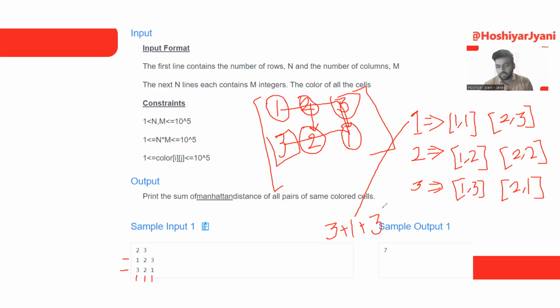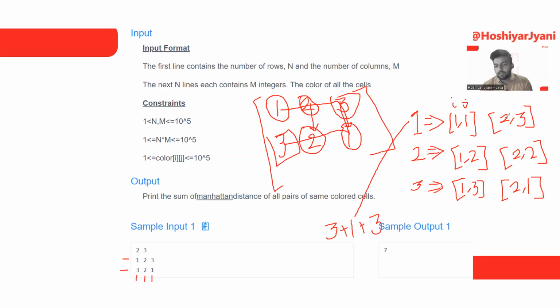So the question is how we can get these results, how we can find the distance between 2 elements. You can see here the indexes: this is the I value and this is the J value.